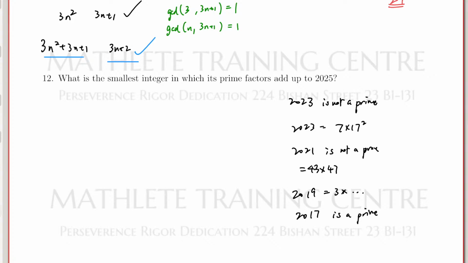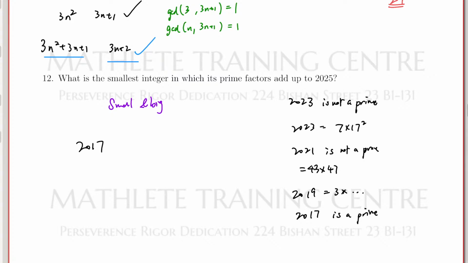Why is this important? Because if you want the prime factors to add up to 2025, you want these numbers to be a small number and a big number. I want to have small and big. Because imagine you have two numbers in the middle. Let's pretend, for example, 1011, 1011, and 3 are all prime numbers. Then 3 times 1011 times 1011 will be very big, compared to something that is smaller. In this case, if 2017 is a prime,